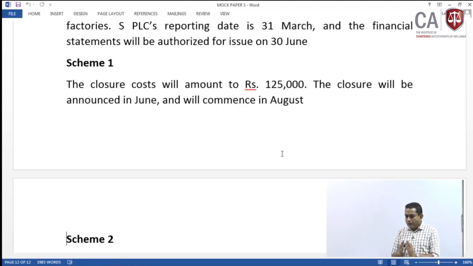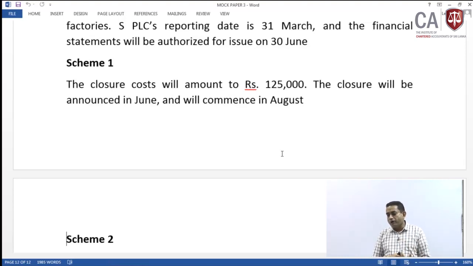Now, everything seems to be alright except for the fact that the plan is to be announced in June. So, until such time you announce the plan, on the reporting date there is no constructive obligation. Unless you announce it to the parties affected, a valid expectation has not been created in the minds of the affected parties, stating that the entity will take over the responsibilities to pay their compensations. So, as a result, since the communication was done after the reporting date, the provisions need not be